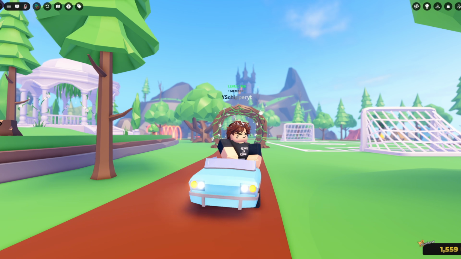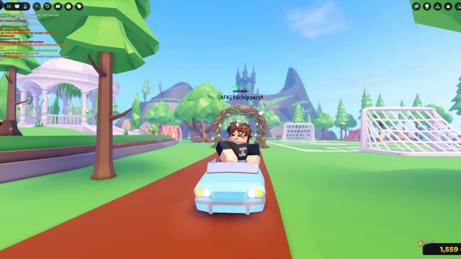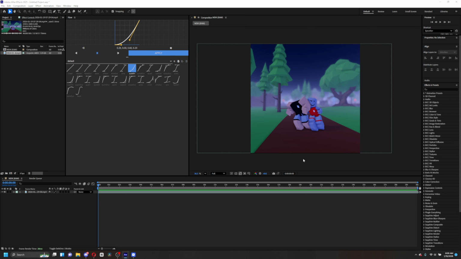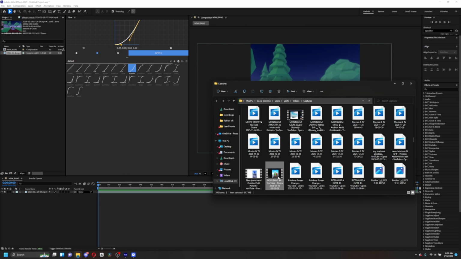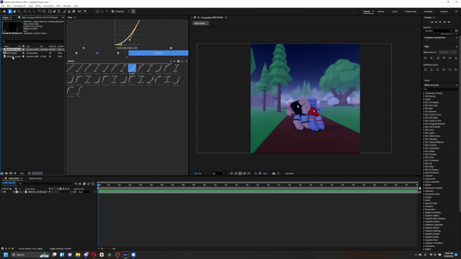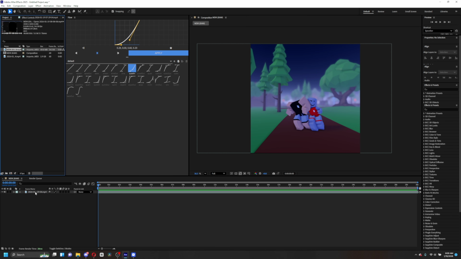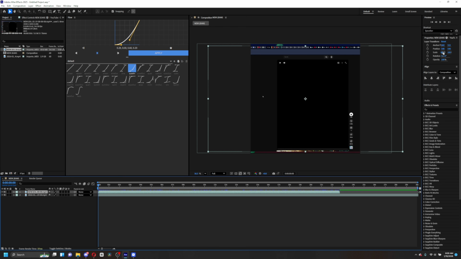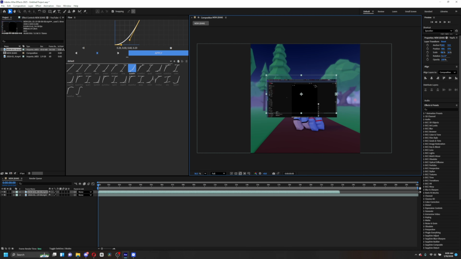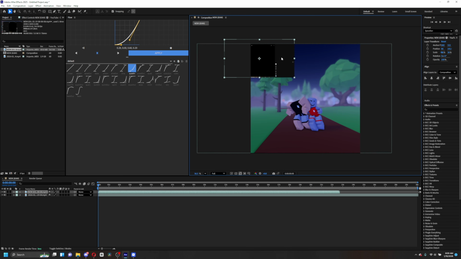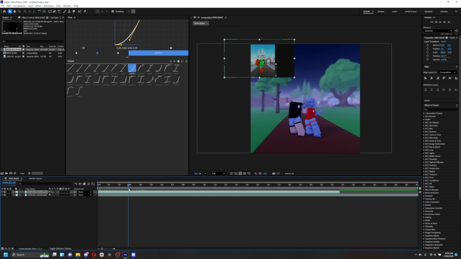Okay, so first open After Effects, obviously. Import your clips, import your audio. I usually scale it down and then put it in the corner for reference, if that's helpful for you. And then when the audio begins,